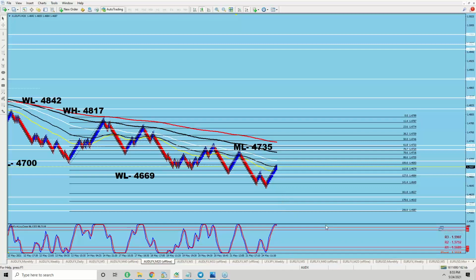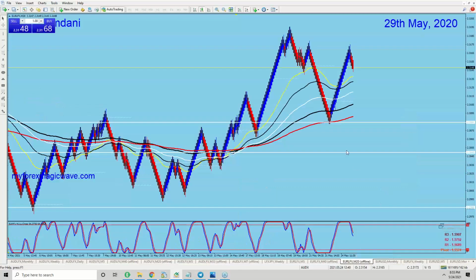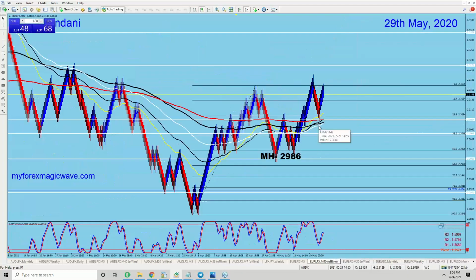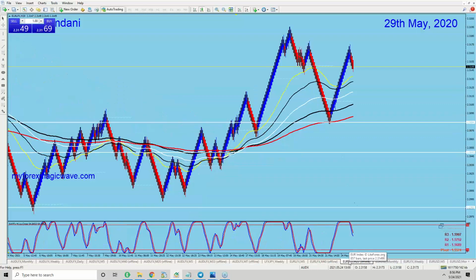On the other hand, I'm also watching the Euro Index 20-minute chart, and this is how it is. The weekly chart is not telling much, but it could drop. If Aussie gets strong, this will drop. So this is how it is. And then the 40-minute chart is this. So it was a nice bullish setup here. It started to play out, but it got hung up here, right? And now on the 20-minute chart, we went up there, and now it's coming down.